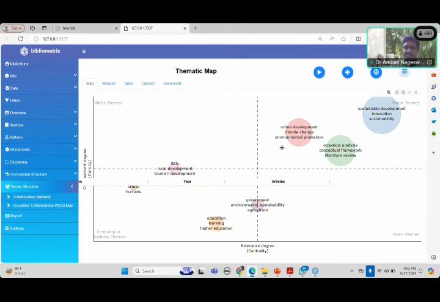Yeah, this is the last one. I'll complete with this. With this particular thematic map, I'm going to conclude. This particular map is going to help us understand. For example, yesterday I mentioned that I used to suggest my PhD scholars go for bibliometric analysis. The main reason is that by conducting this kind of map,